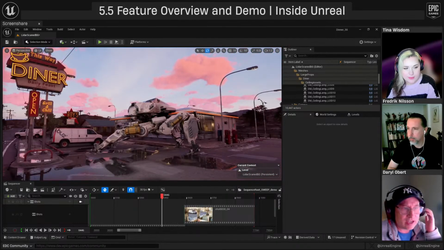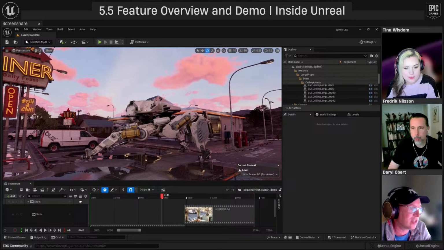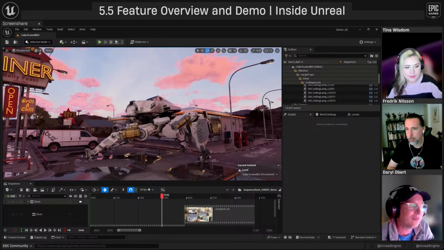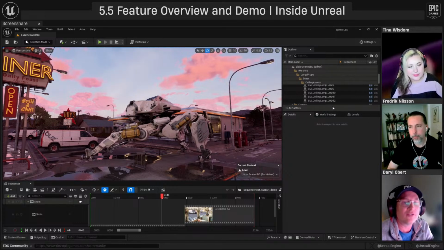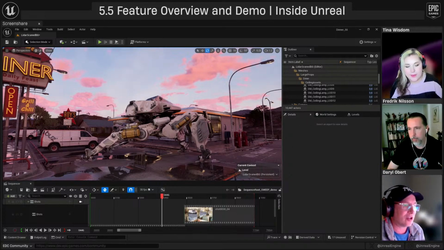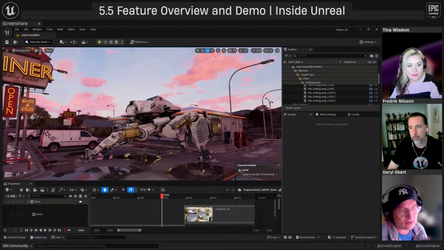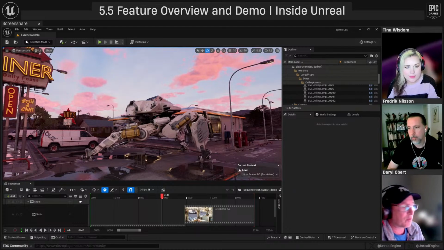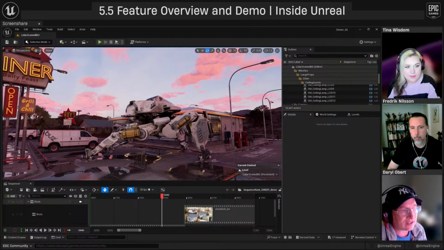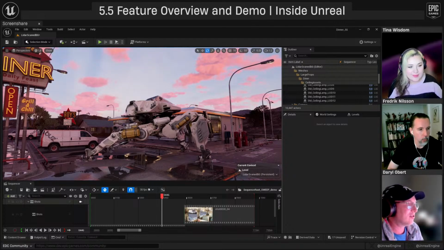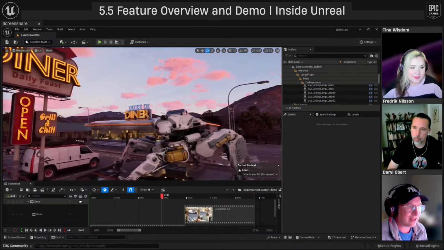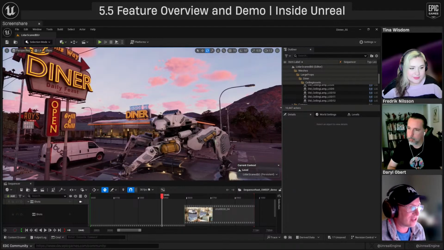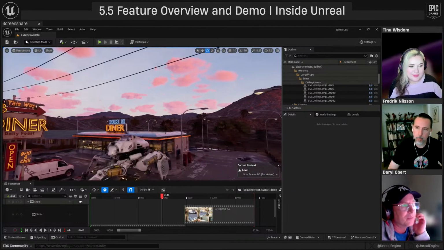So that's how I lit the scene using MegaLights. And there are some system settings that you need to turn on. Also in the post-process volume, there are controls for it. So there are a few areas where, if for some reason things aren't behaving the way you're expecting, or you don't feel like you're getting the performance improvement you might be expecting, there's a good chance that you haven't thrown one of the switches on in the right place. But it's pretty straightforward and easy to find.